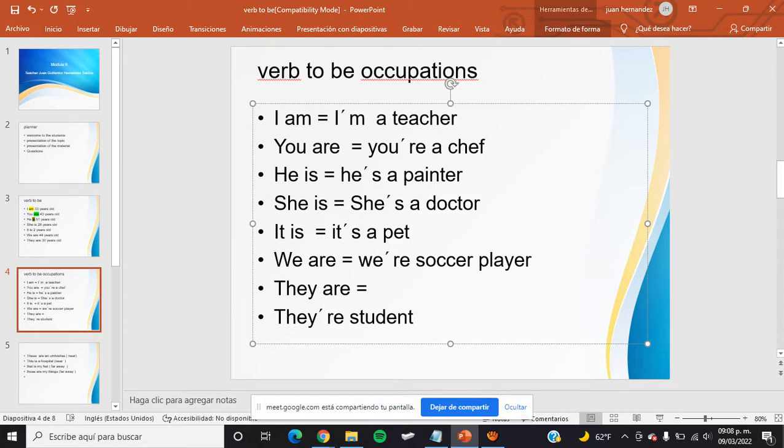We have the pronouns to put emphasis. In this case, this part is the apostrophe. The apostrophe is not common use in Spanish. La apóstrofa, en este caso este signo, no es muy común que lo utilicemos en inglés, en español, perdón. Es muy usado en inglés, pero en español casi no se utiliza. Y cuando tenemos la apóstrofa, siempre vamos a tener que darle un énfasis a lo que tenemos después. ¿Ok? Por eso se escucha el sh, sh. ¿Por qué? Porque tenemos la apóstrofa y eso nos indica que tenemos que dar un énfasis en eso.